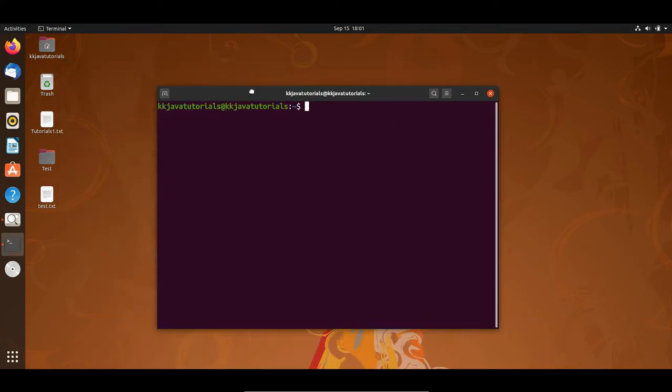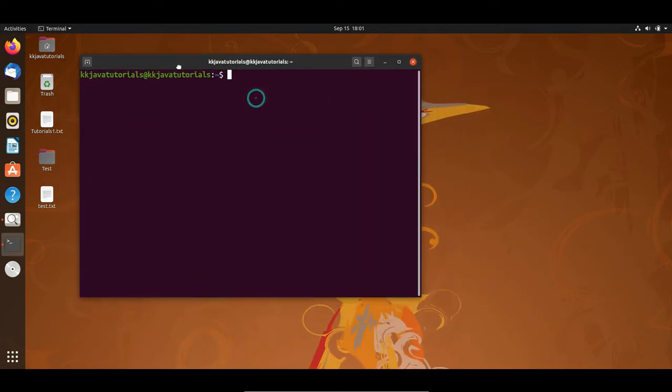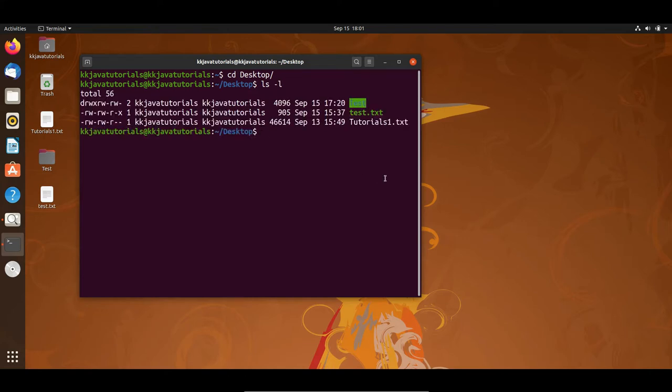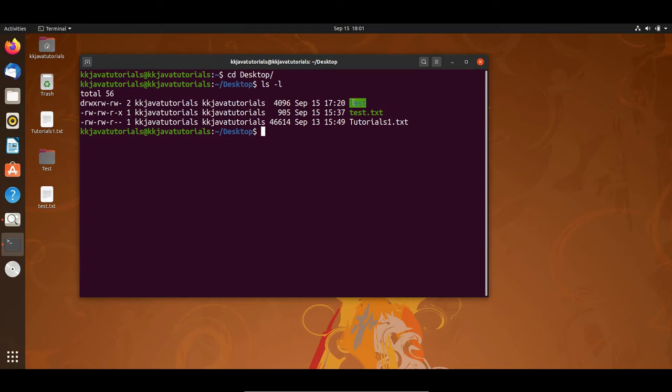So here I have opened my terminal. I am going to move to my desktop, and in the desktop I have one directory and two files. If I do ls -l, this will give me the details of this directory as well as the files. So I have one directory.